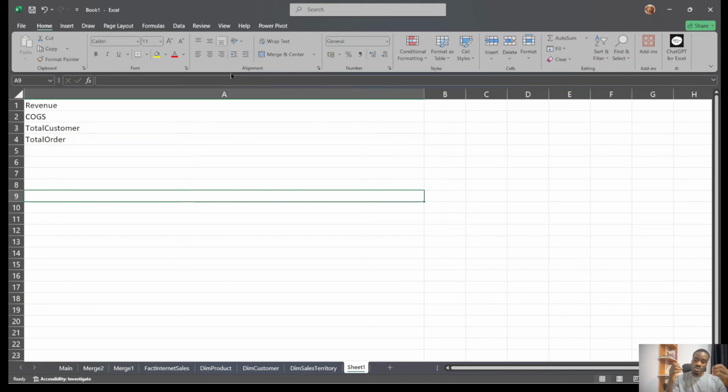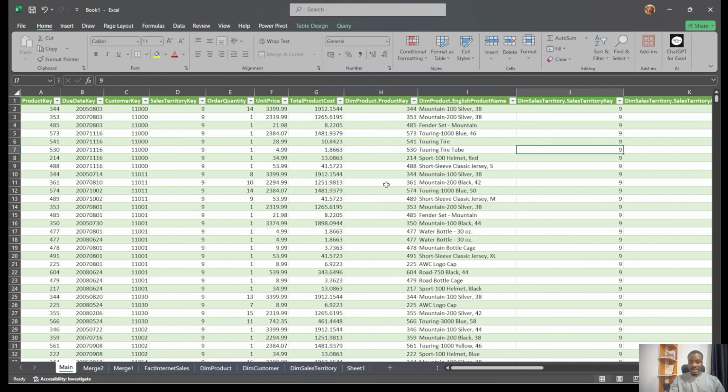You have to first note those KPIs, okay? So our KPIs for this data set are the revenue, the COGS, the total customers, and total order. Since you know your KPIs, you are going to be grouping your categorical data by your KPIs. For example, now, okay, I want to know